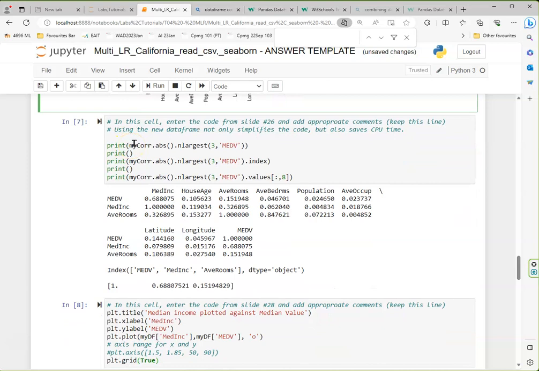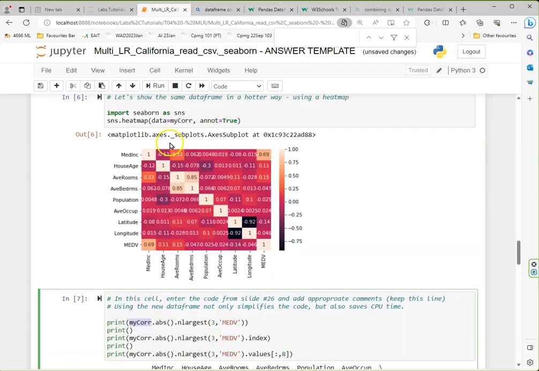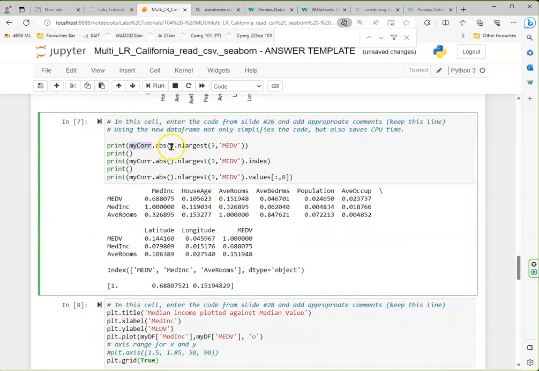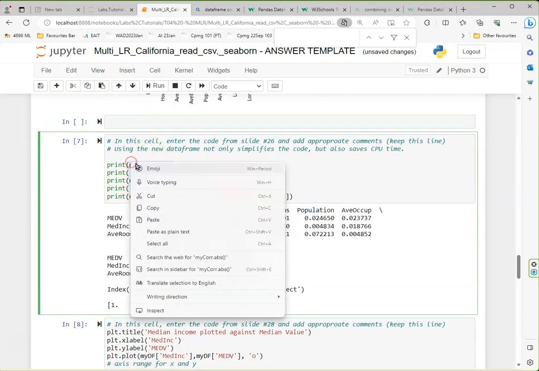Now, many of the students do not explain this too well. Okay, so what we are trying to do here is using the data frame of the pairwise correlation, which is this one, and we want to apply the abs method on it. Okay, so now assuming that we want to understand it better, we can insert a cell above this one, and then we can try to copy this,